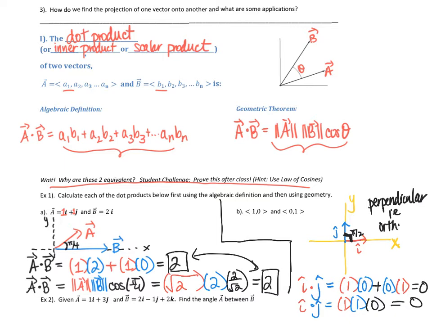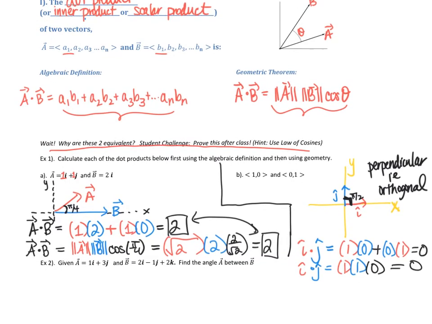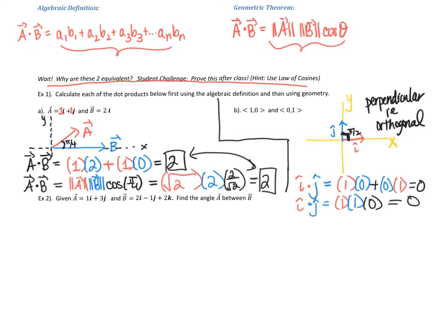Their dot products will always be 0. And if a dot product is 0 between two vectors, it means that they're orthogonal. So this goes both ways. Okay, now let's combine these two definitions to help us figure out an angle between a vector that's hard to do